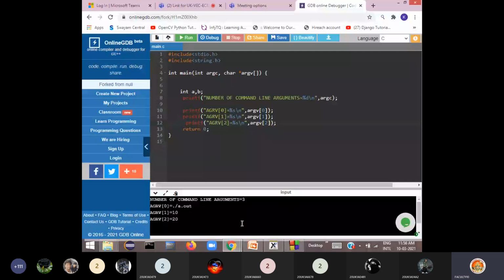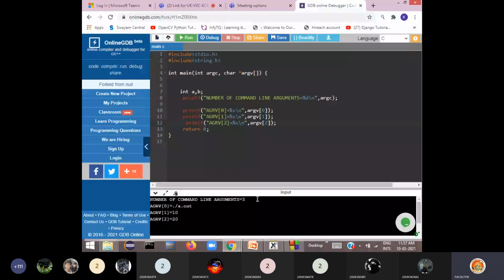So that is how argv of 0 we are printing, it's the program name. This program is running in the background. The a.out program name is printed, and 10 and 20 we have passed at the command line. So 10 is argv of 1 and 20 is argv of 2.